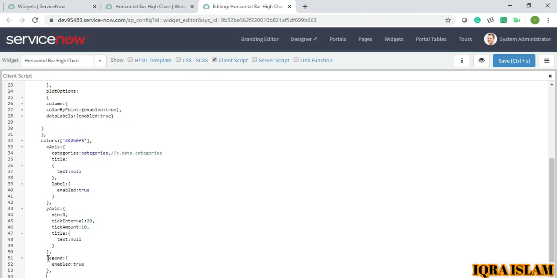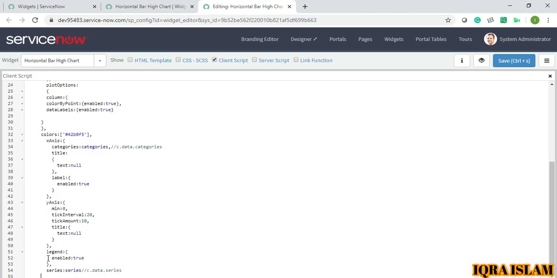Legend basically means in the bottom, if any point or this gray one is for match and red one is for no match, then it's totally legend which comes in the bottom. And at the end I will write series, which will also come from my server side. So over here I will write c.data.series.